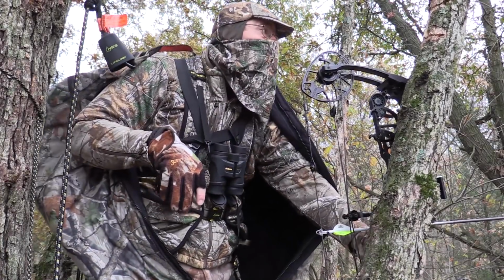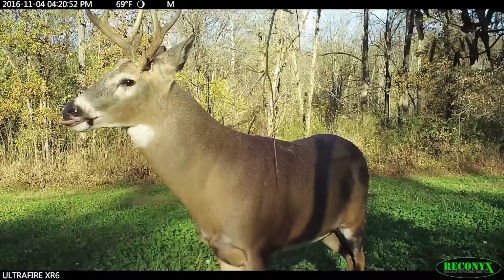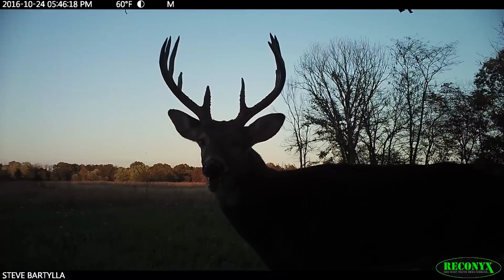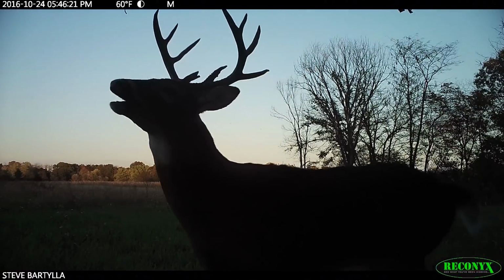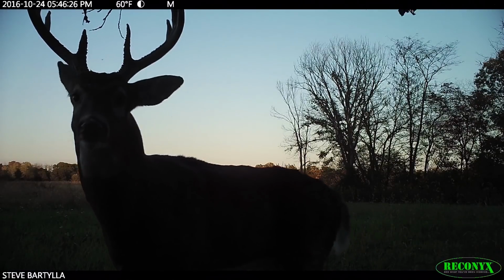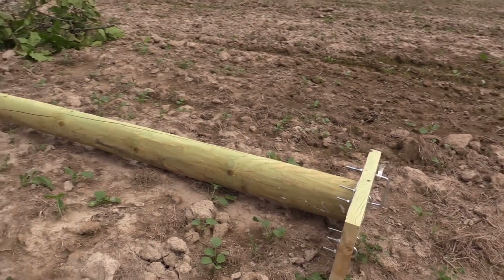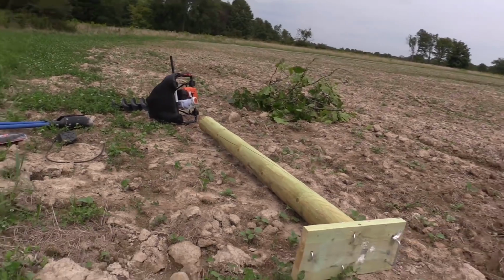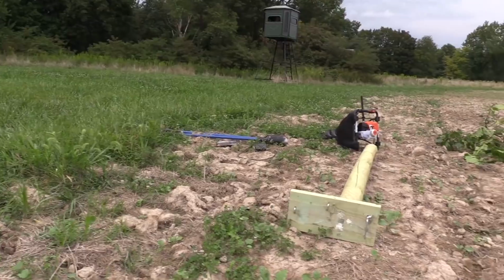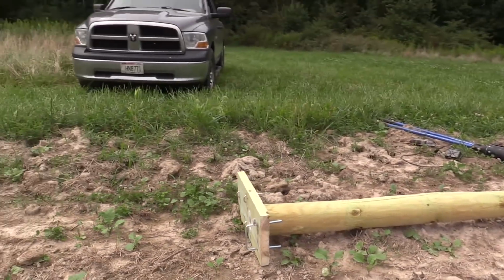mock scrape. The problem is when you do a bunch of these like I do, they get trashed. Softwoods don't even make it a season. A lot of hardwoods can make it that one season, maybe 2 or 3, but now you're cutting down tree after tree after tree. So what I've did last year is I went down and got a whole bunch of treated fence posts and a whole bunch of treated 2x10s, cut lengths, and attached them to the top of the fence post with 3